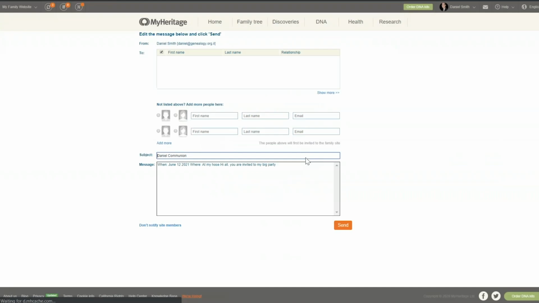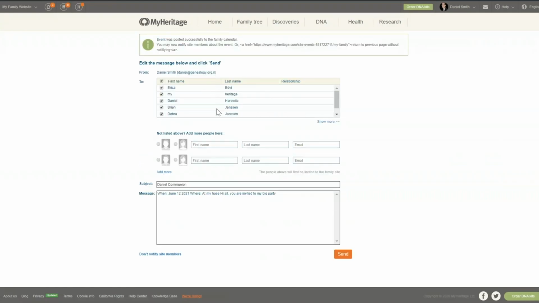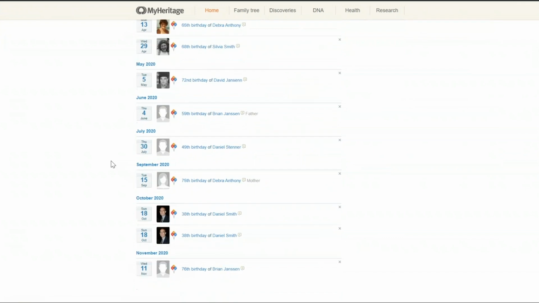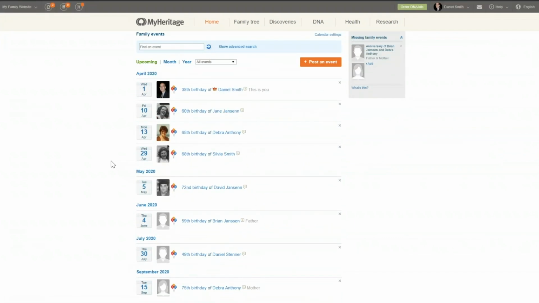Now, when I am posting this event, I can, of course, invite the people who are already members of my family tree, my website, or I can invite other people here, or I can decide just not to send any invitation to anyone and just say don't notify members about this. Once I go here, I should be able to see the event that I just created here in my calendars. Now,